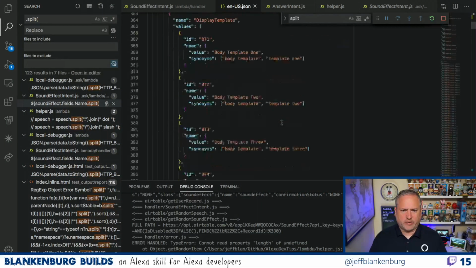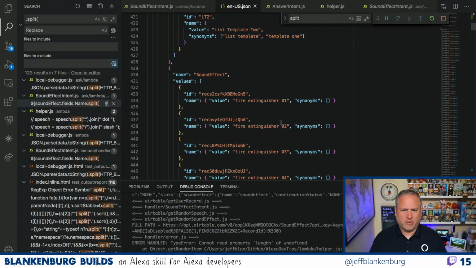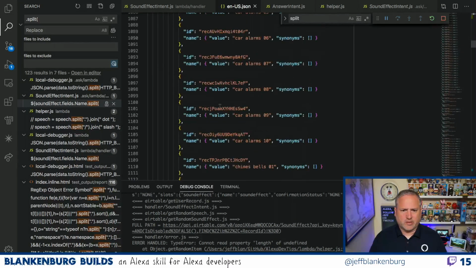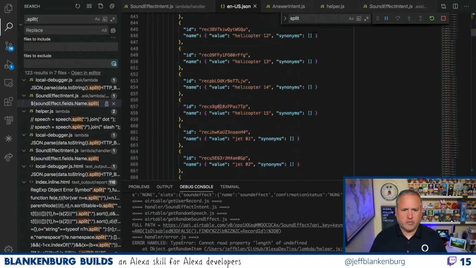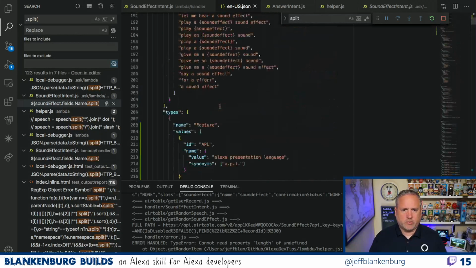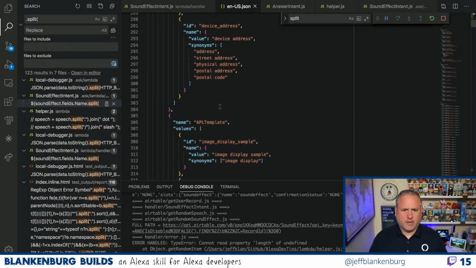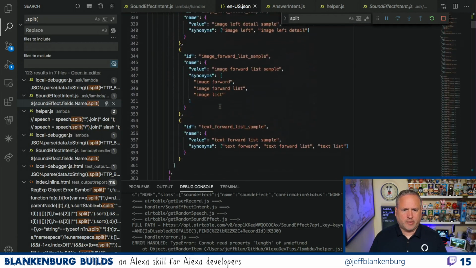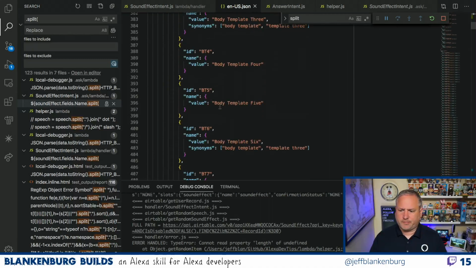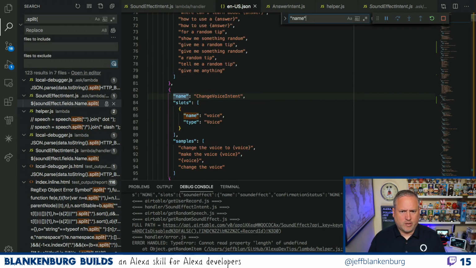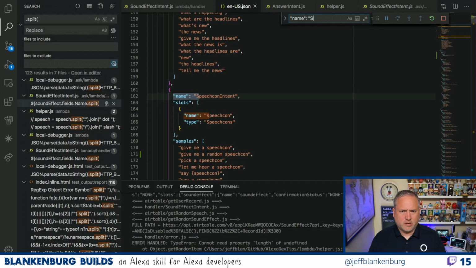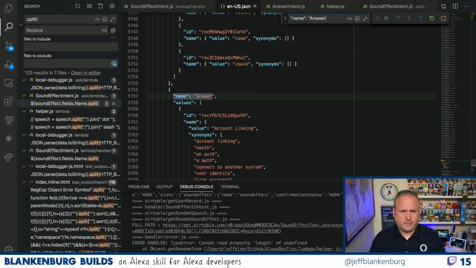which we will find down here somewhere. Those are sound effects. Oh my goodness. Let's see if we can find this in a more proper way rather than just scrolling. That one's called APL template. This one's called display template. And down here, sound effects. So I'm going to look for something like this. We're going to do find name. This is going to be answer.